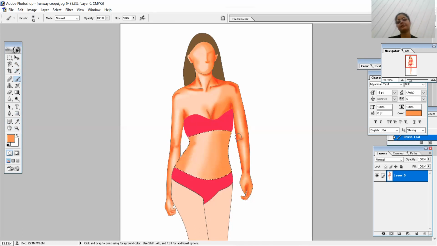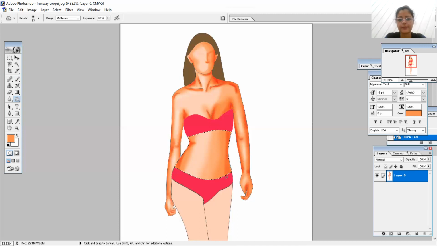That's it. So now what we are going to do next is take the burn tool and start giving finishing to the belly. To show a lot of shadow and darkness over this area as the body is moving and the skin is getting congested, I will give finishing with the burn tool.